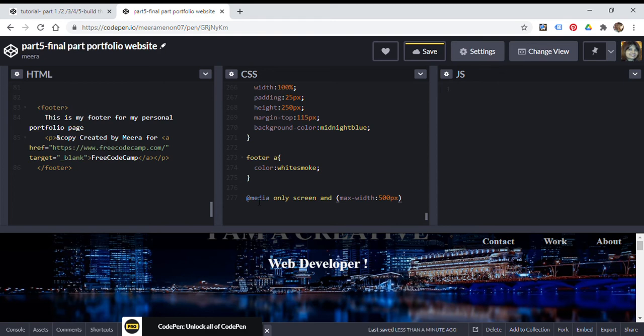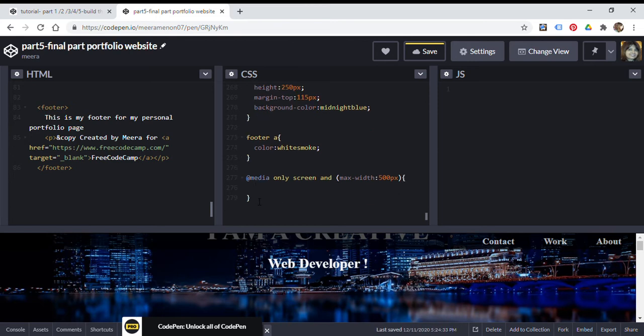Yeah, so this means maximum width of 500, but not more than that. So that's for a smaller device, like a mobile phone, etc. Different kinds of mobile phones have different widths. And so you go ahead and do the navbar